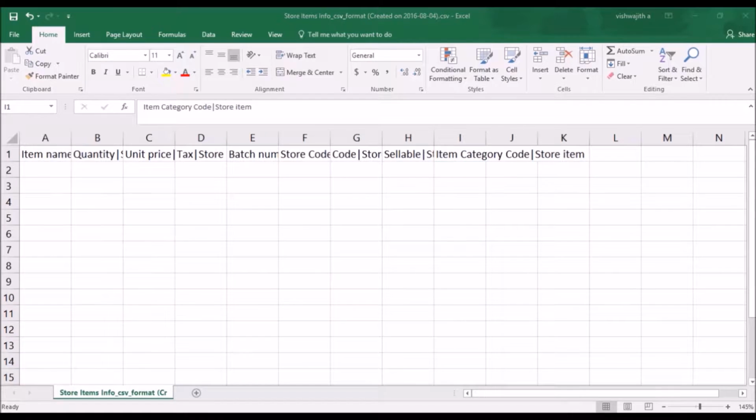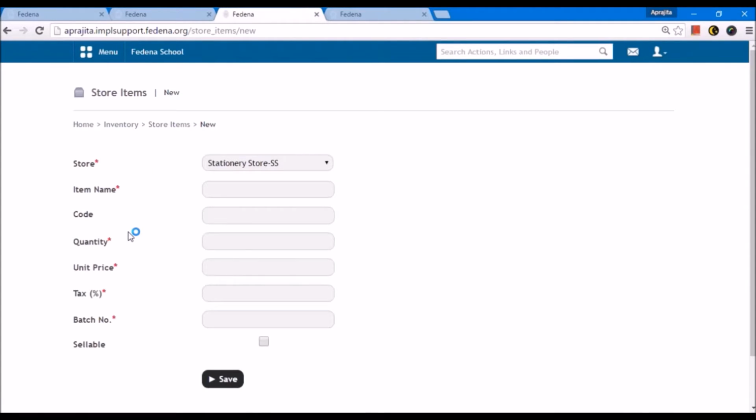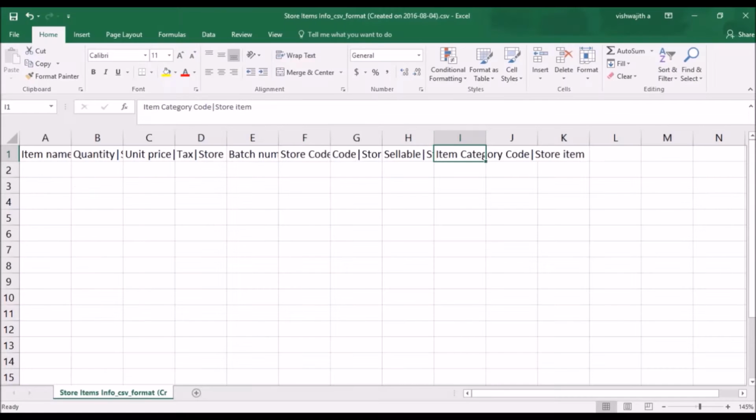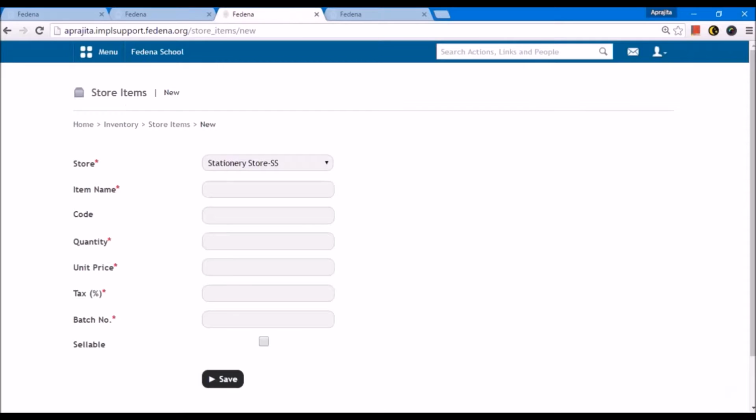If you see the general item upload in FEDINA using the form, that is when you go to store items and click on new, you will see the same information appearing in the Excel sheet, but there you can enter a lot of information together by increasing the number of rows. That means in this Excel sheet I can fill in many rows and enter multiple items together, unlike in the user interface where I have to fill in the form one by one.